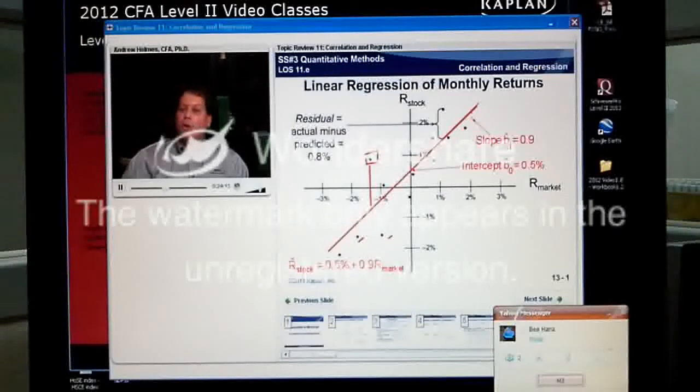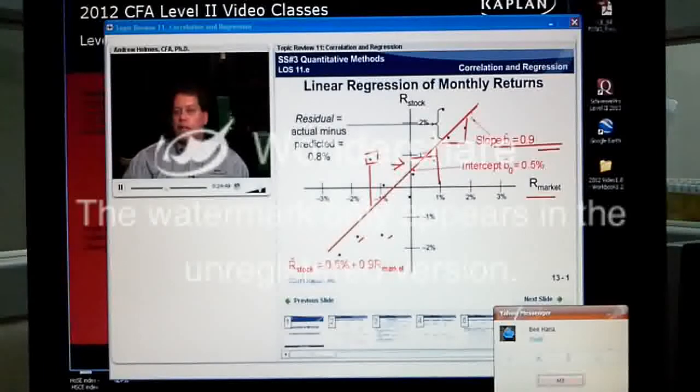And what we're normally interested in is the slope. The slope, of course, is just the rise over the run, going back to Miss Robinson's class, right? We'll also get a y-intercept, which is going to be important from time to time. But what the slope coefficient says is that if the return on the market is 10%, then the return on the stock is going to be 9%. Or if the return on the market is 1%, then the return on the stock should be